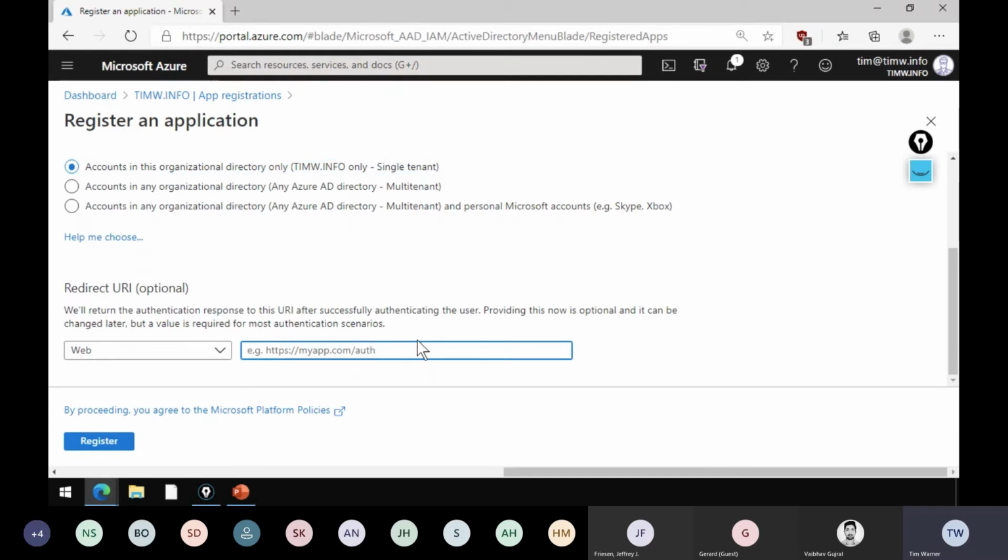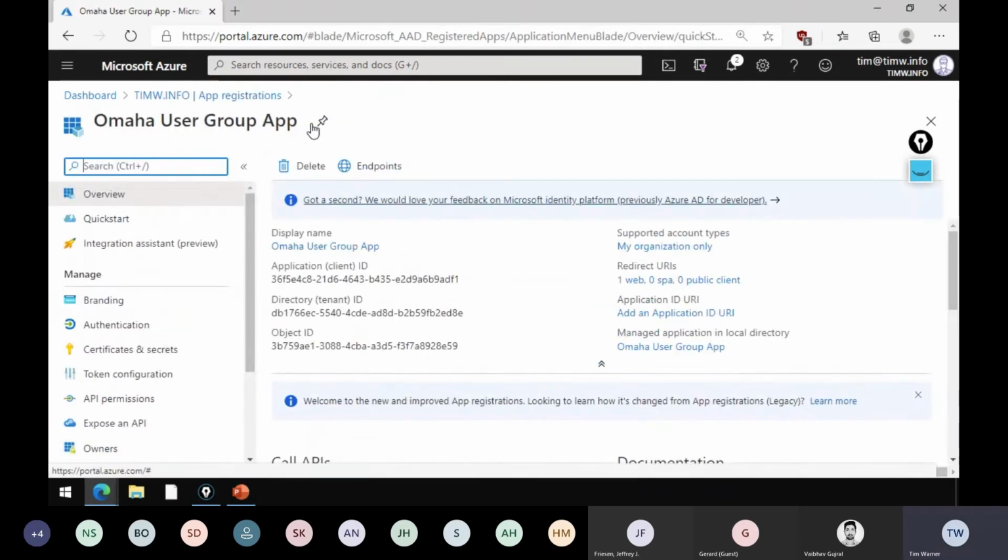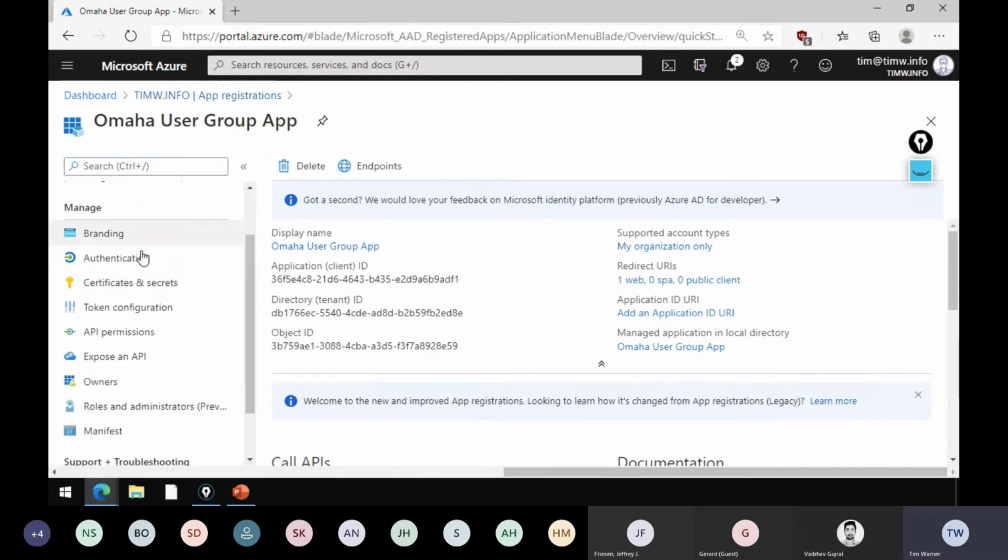You provide a real or placeholder URL that's just going to be where the user is redirected after they sign in. So I'm creating the shell of that application here. And in the app registrations blade, this is where you can get to certain settings, and you can review some metadata that your developers are definitely going to need all the time.